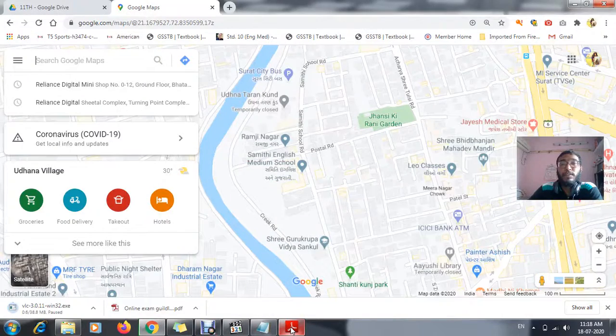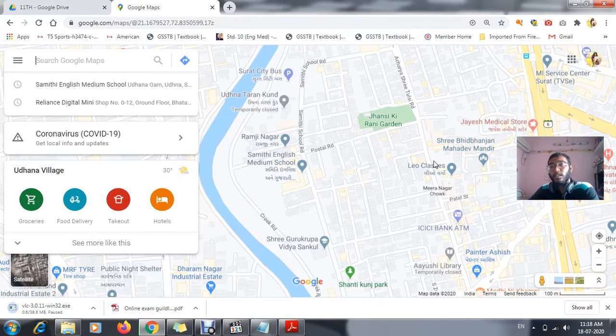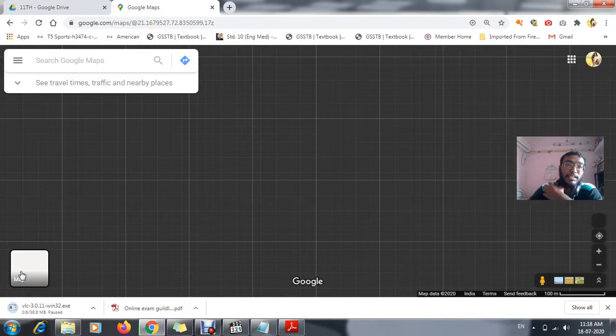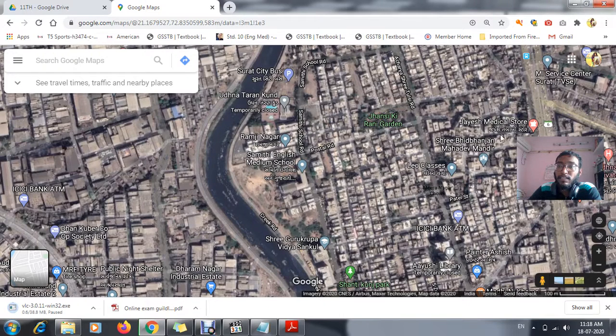Now Google Map has two views. The first one is this view. Can you see this view? That is your white color view. This is known as your normal view. And if I want this to be in satellite view, see, this is my satellite view.